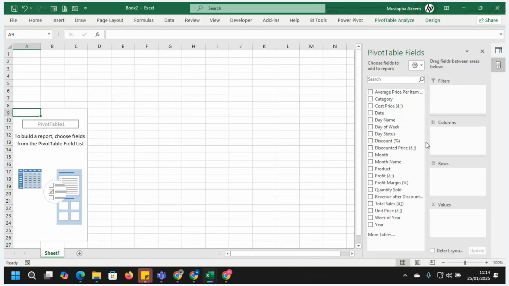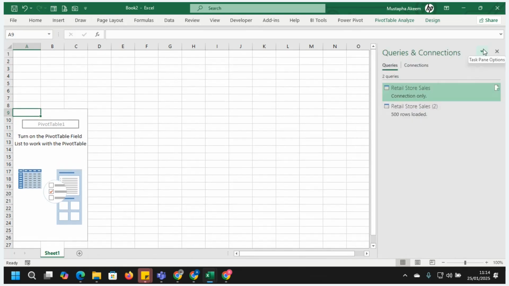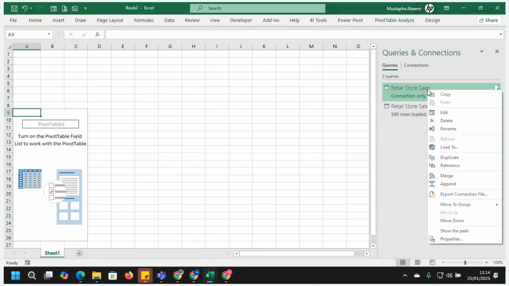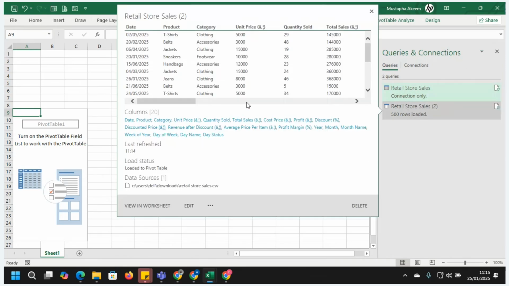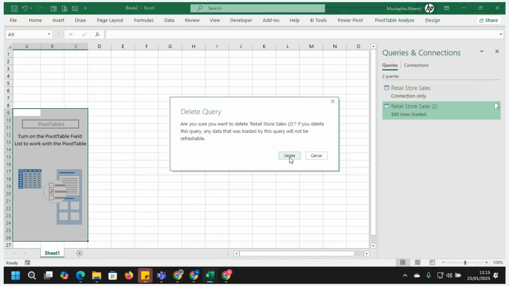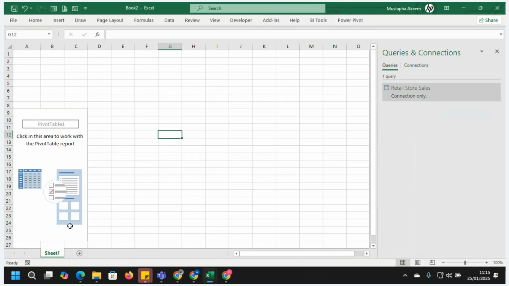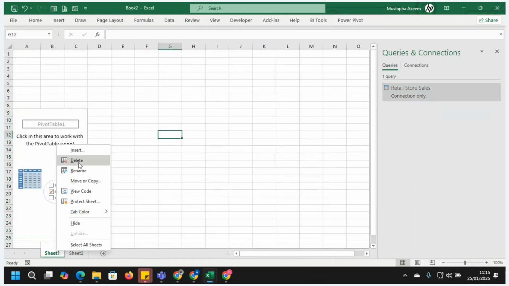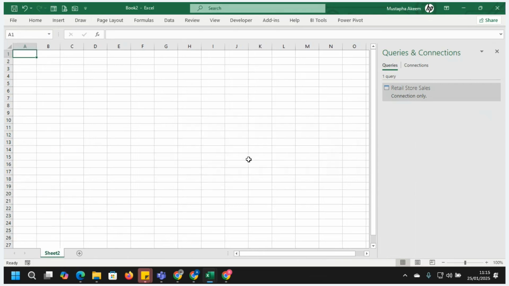So you can see what we have here. You can see all our columns are here. The first thing I want to look at here, let me do it again. You can see we have 500 rows loaded now. How do we get there? Let me delete this, and I'm deleting this. Let me click new and delete this sheet permanently. Great. I click on insert pivot table.